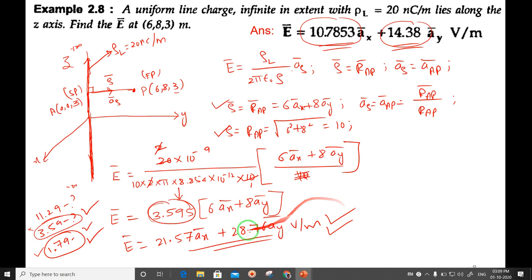Let me verify, because somebody in the morning told 1.79. If it is 1.79, I will get this answer. But I'm not worried about the answer. I'm worried about the procedure, the correct concept and the correct formula. Instead of 2, I cannot take 4 here, right? Rho L by 2 only. It is not 4, this is 2, not 4. Okay, we'll continue with the next problem.